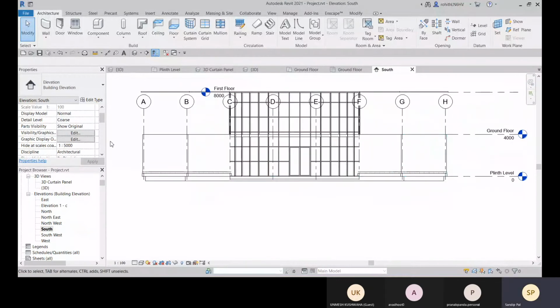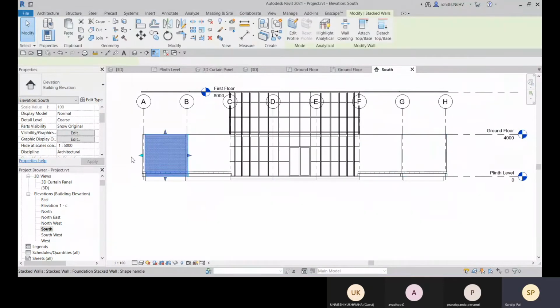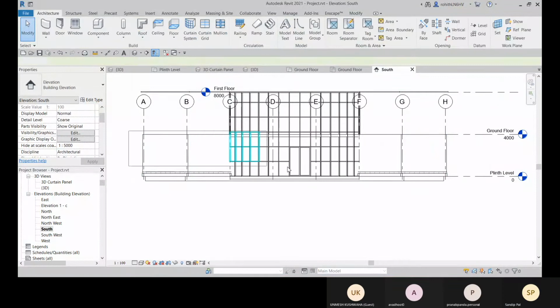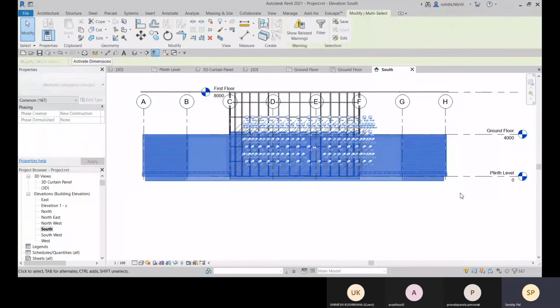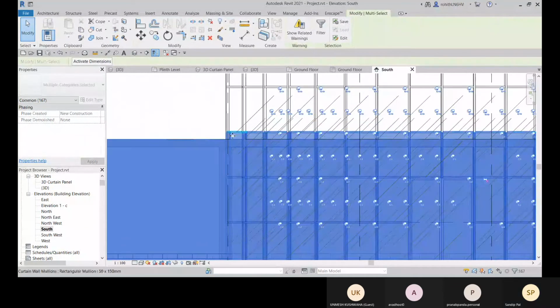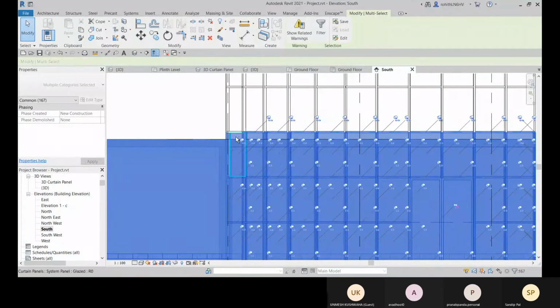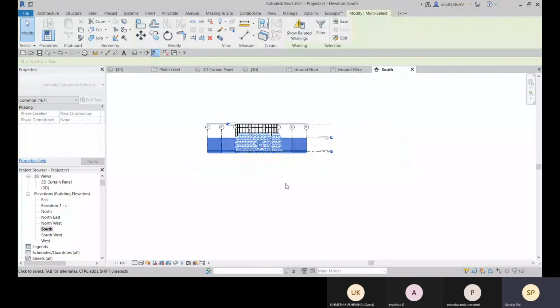Now let me select all this. Let me select it here, and don't select all this.